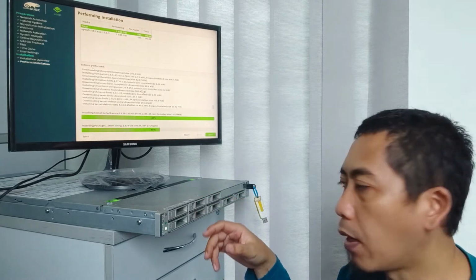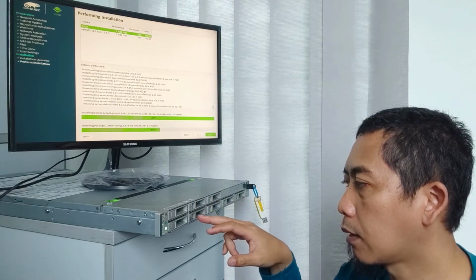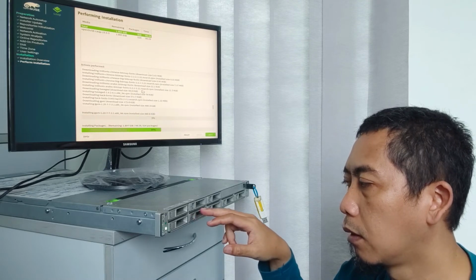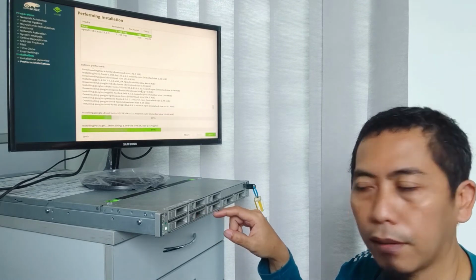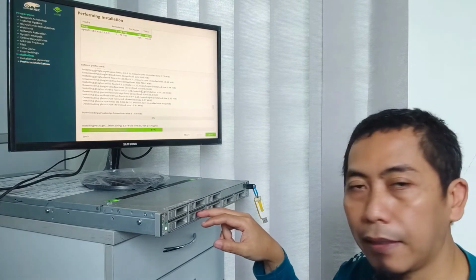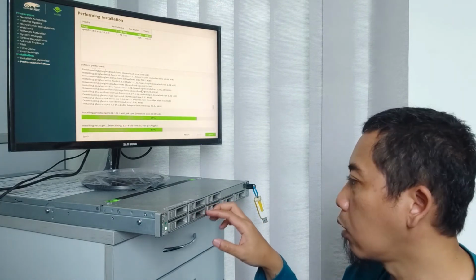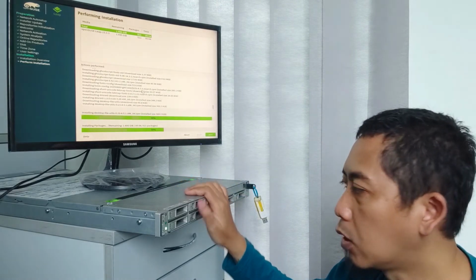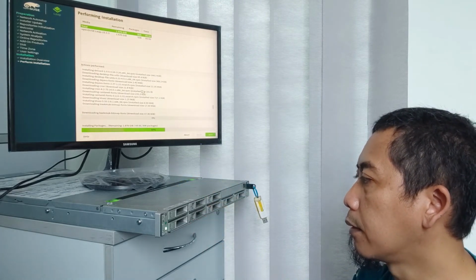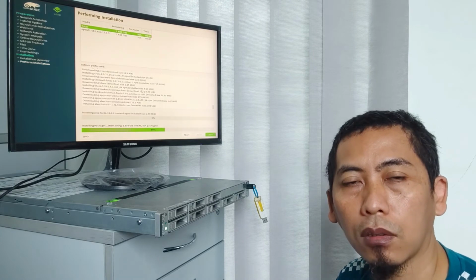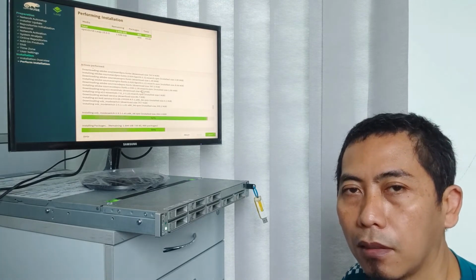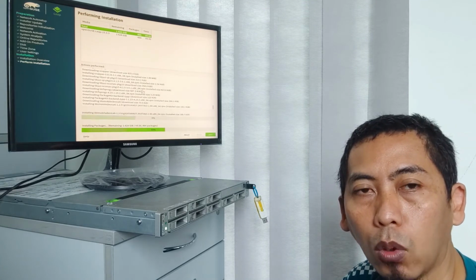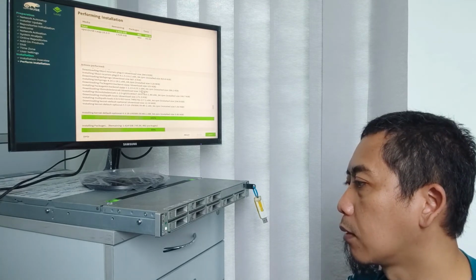This year I already bought the caddy to put the hard drive. I already bought 3 of them, so I will put them on this machine later on to test the file system. ZFS may also be another good file system to test.